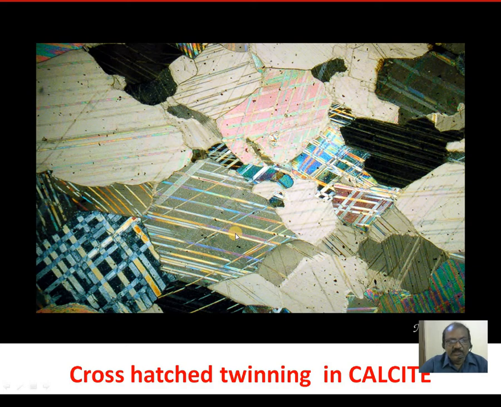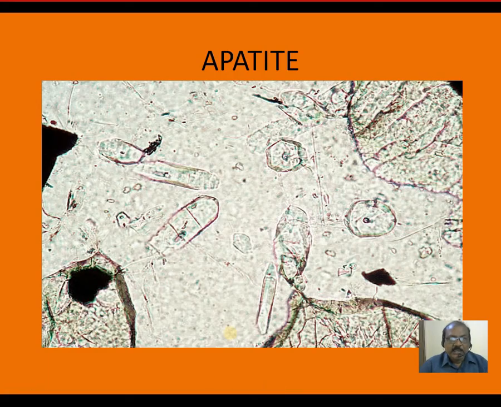This is the characteristic feature for calcite. Apatite: transparent, high relief tiny particles which are identified in the thin section. These are called apatite.